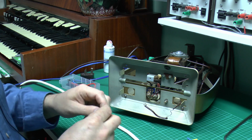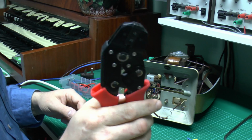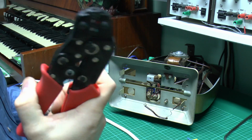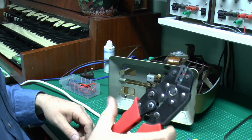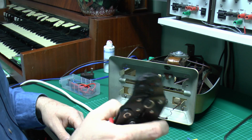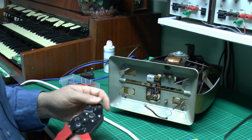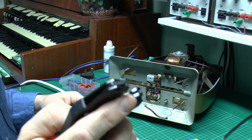Now if you're going to use crimps here, you do need to use the proper crimping tool, such as this one, and so you've got the coloured holes at the top there for the various sizes. This one has blue, red and green. The green is actually used for the size that's smaller than red. They're not normally green, but whatever. And it has a ratchet in there, and it's also got properly shaped dies there, and it applies the correct